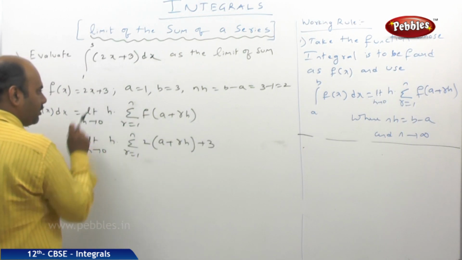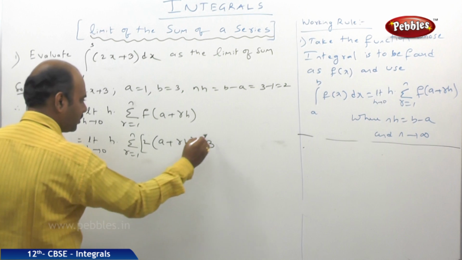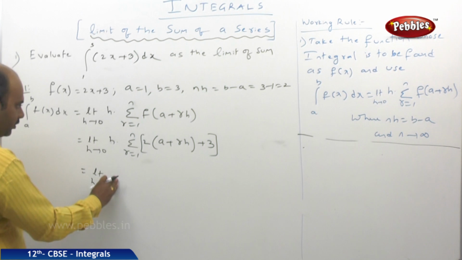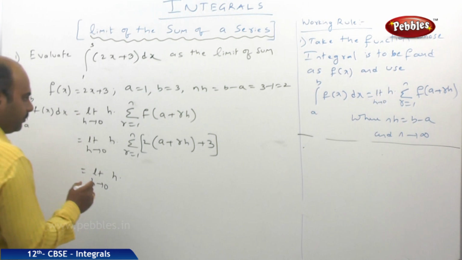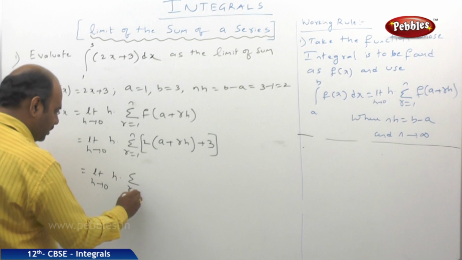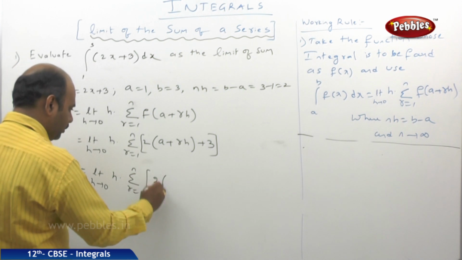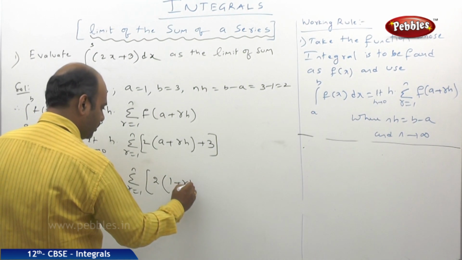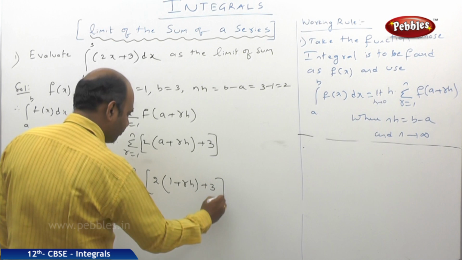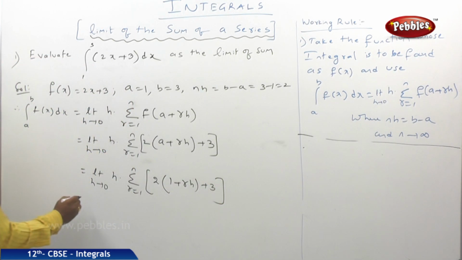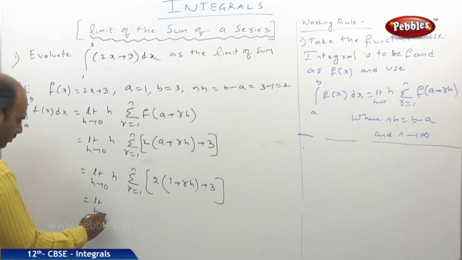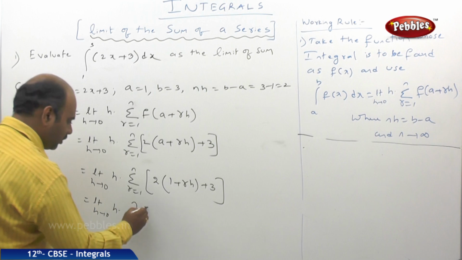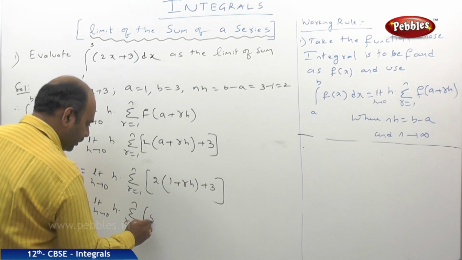That means in place of x I am substituting a plus rh. So that is equal to limit h tends to 0, h into summation r equal to 1 to n, 2 into (1 plus rh) plus 3. Now limit h tends to 0, h into summation r equal to 1 to n, 2 plus 3 is 5, plus